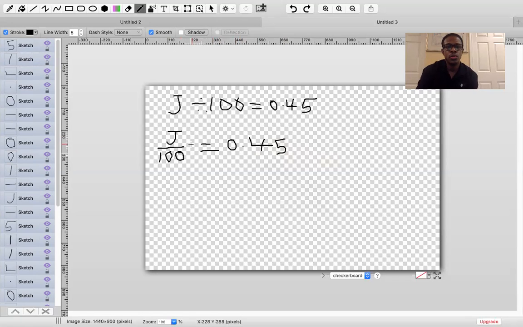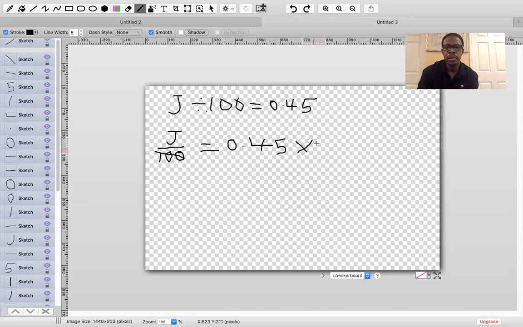Now, the rule whenever we have an unknown number is that we have to get it on a side by itself. So in order to get this J alone, we would have to remove this 100. And if we erase this 100, we have to do the opposite of what operation is happening on the other side. So it's being divided by 100. If we erase it, we have to multiply by 100 on the other side. So to get that J by itself, we have to do the opposite of the operation. We're dividing, the opposite of the operation is multiplying. So now we have J is equal to